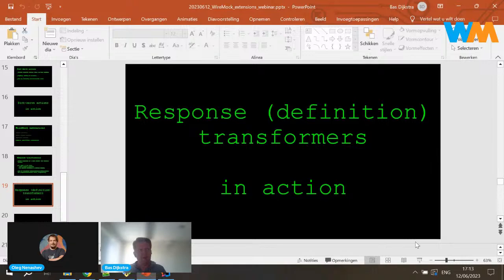If you have a lot of responses that all need the same header, maybe even the same status code or response body elements, you could do it the tedious way and add them to all these individual response definitions, or you could use either a response transformer or a response definition transformer and just define it in a single place and then let that extension apply to all of the responses and have WireMock do the heavy lifting for you there.